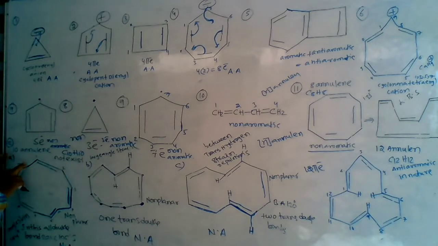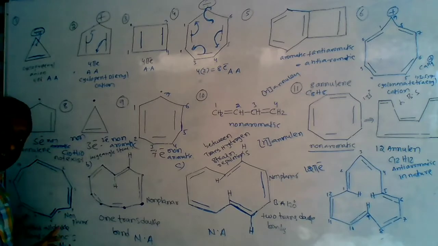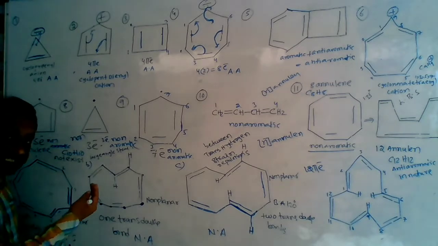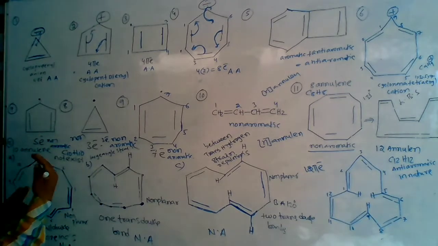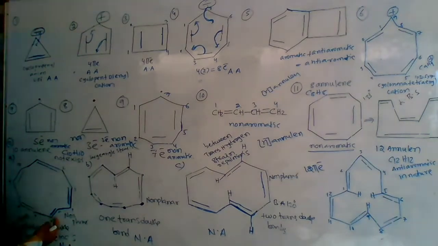This is the first possible structure of 10 annulene. Here, in this molecule, all double bonds are arranged in cis manner. Because of large bond angle strain, it doesn't exist. It has a non-planar structure. Because of the non-planar structure, it is considered a non-aromatic compound.